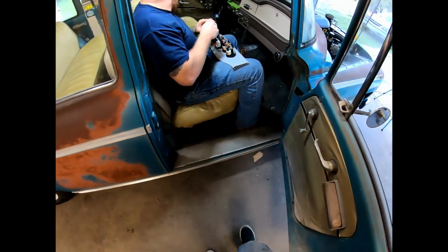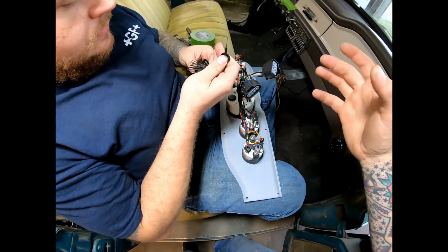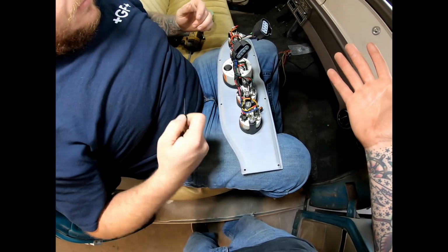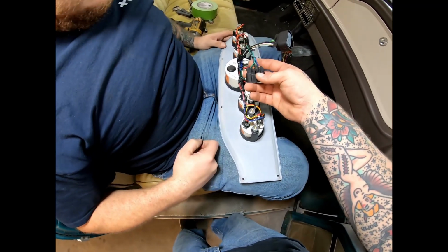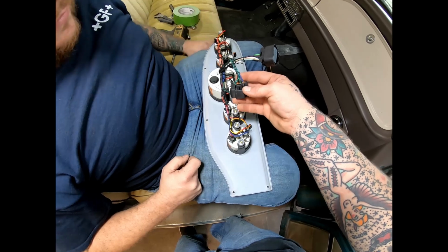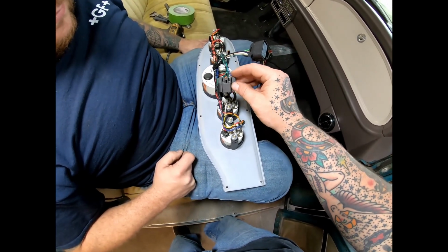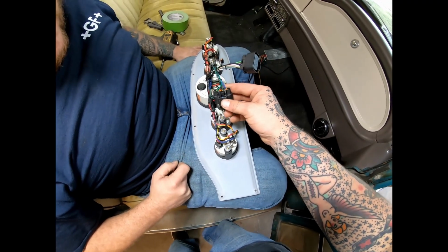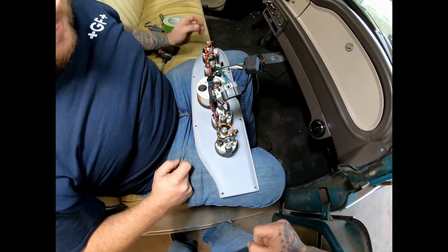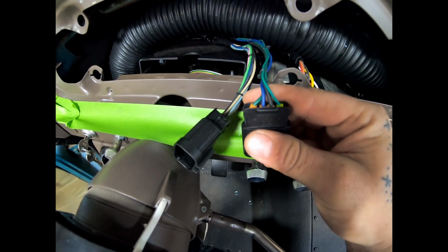So let me show you guys problem number one, and that is that my temperature was already reading like 180 or something, which shouldn't have been possible, and I had 0 oil pressure. So I pulled the gauges, and the first thing I wanted to check from putting these connectors on here was to make sure I pinned them out correctly, and sure enough, that was the problem. I need to swap this blue and green wire right there. And over here, I got the green then blue. Over there is blue then green. So,